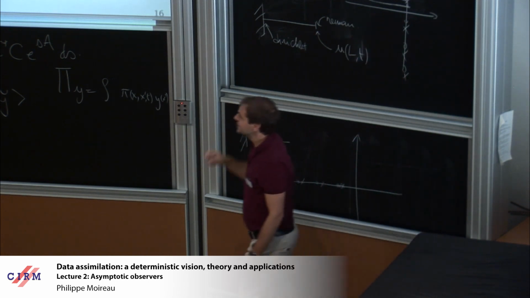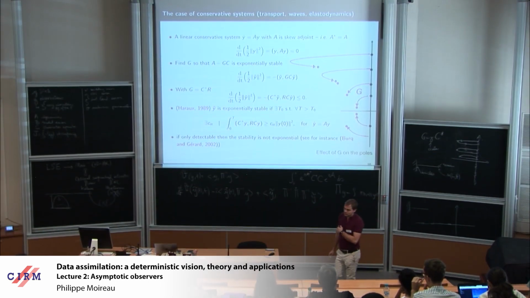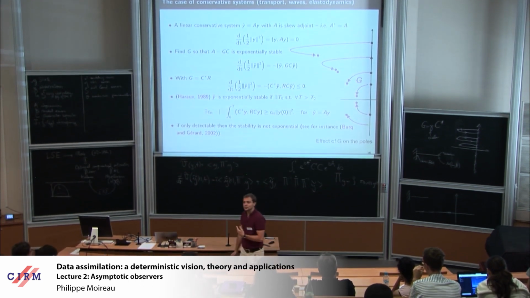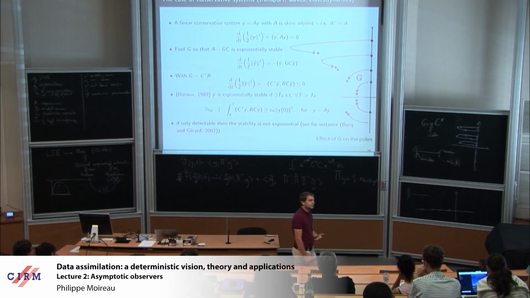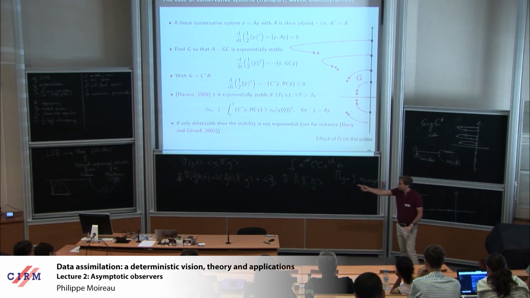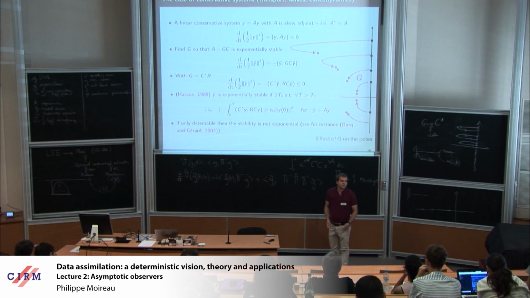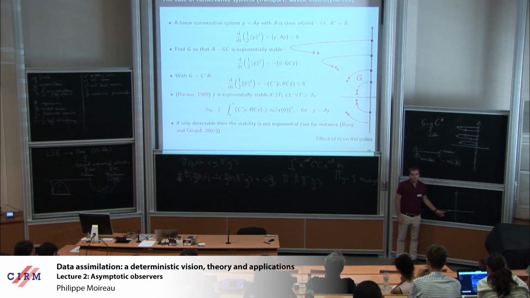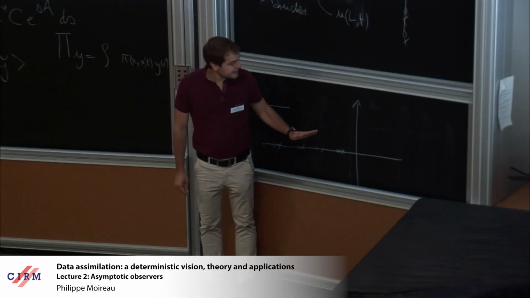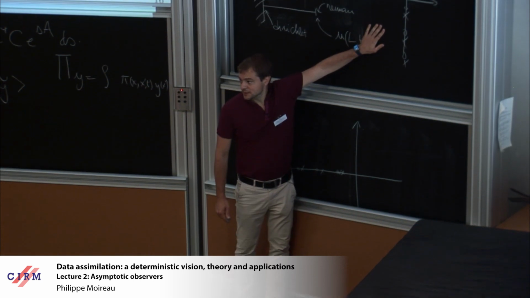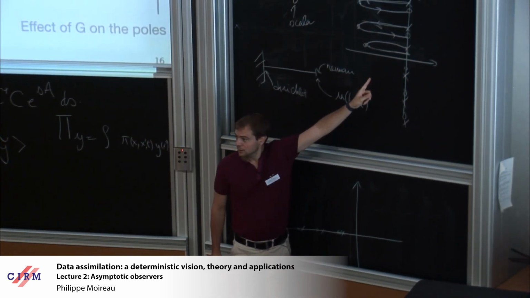So basically, you see a lot of people who do papers saying, I have found a very nice observer for a parabolic equation, I put just this, and it works pretty well. And they prove that the system is stable to 0 for the error, for sure. If you do nothing, it's already stable. But actually the gain is very small. So really the message is that it works for conservative systems because of this behavior of the poles.